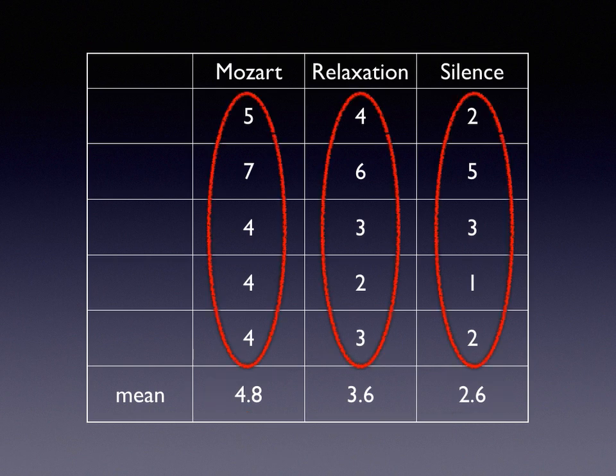Let's look within a condition. Within the relaxation condition, there's variability too. Not everybody had the same IQ score. Why? Well, it can't be a treatment effect because we treated all the people in the relaxation condition the same. We tested them under controlled conditions, and so there's no difference in the way they were treated, so no treatment effect. But they are 5 different people, so individual differences play a role, and that same old chance that we